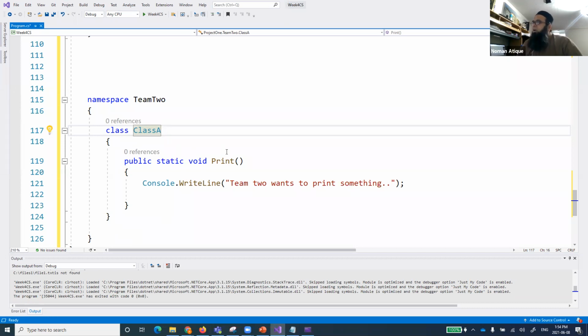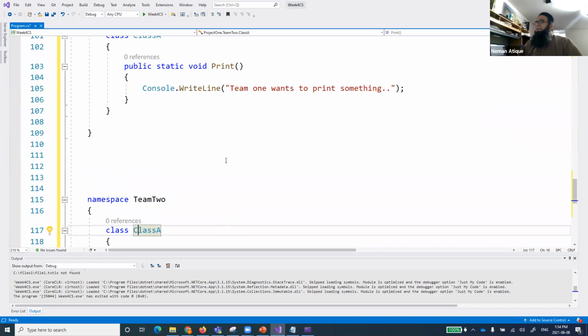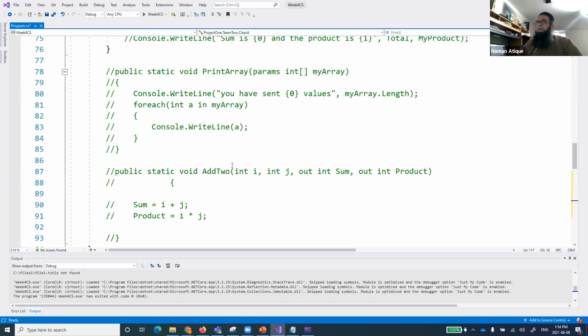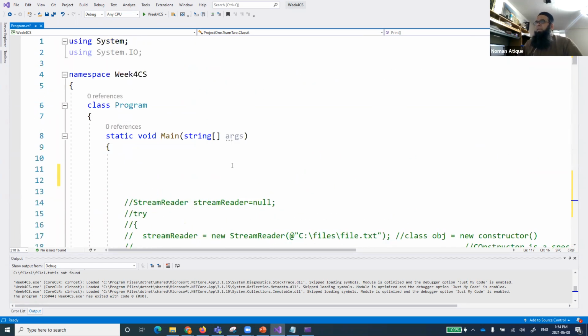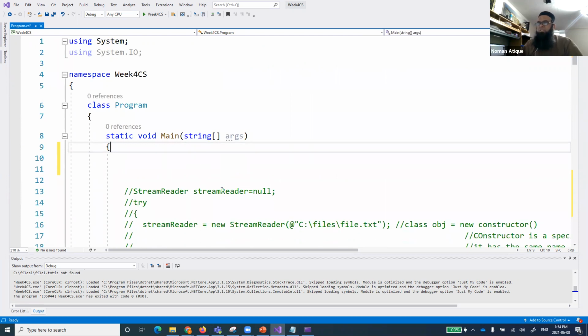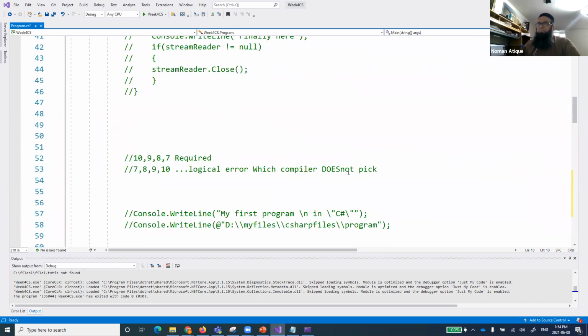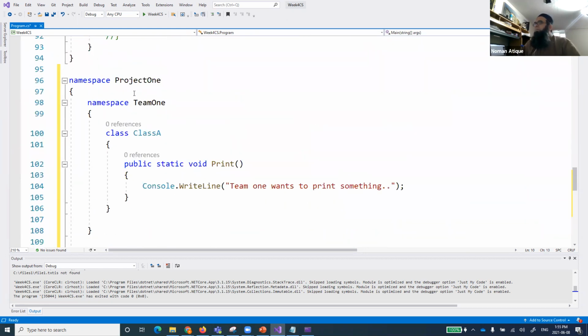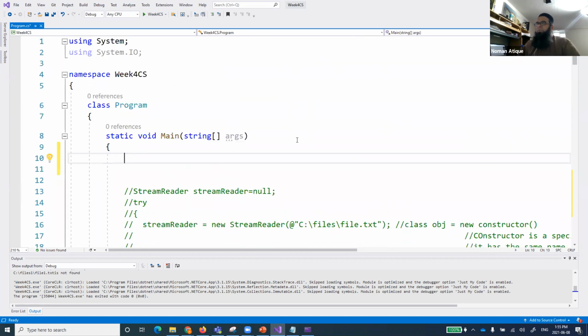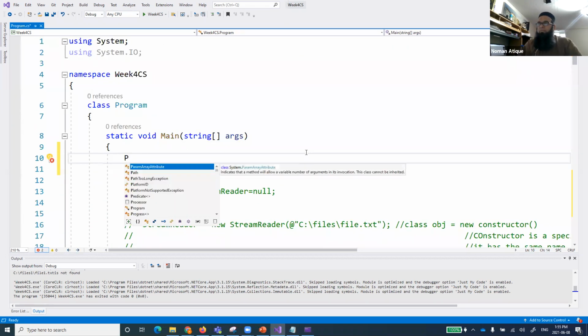And this is something not new, if you remember. When we use that, you will see what I'm talking about. Now, if I want to use them in my other class, in my main class, and print the values from there, first of all, I'll have to use the name of the namespace. And what is the name of the namespace? If you see, what namespace have we defined? We have defined project one, the main one. So I'll say project one